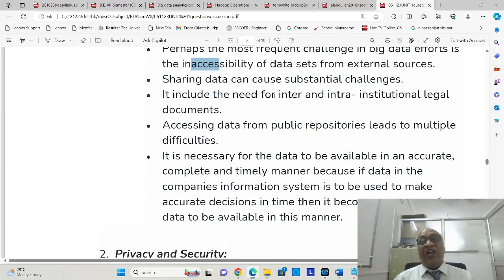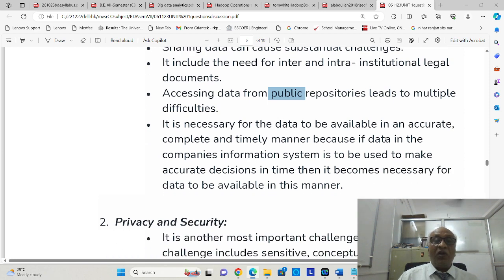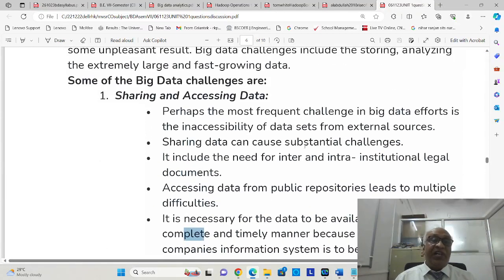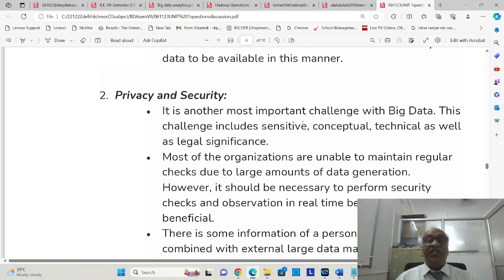That data may be from inter- or intra-institutional sources, so there may be legal challenges. There may be a lot of public repositories, but again, accessing a public repository is a tough thing. Whatever data is available also needs to be accurate, complete, and timely. The second challenge of big data is privacy and security,